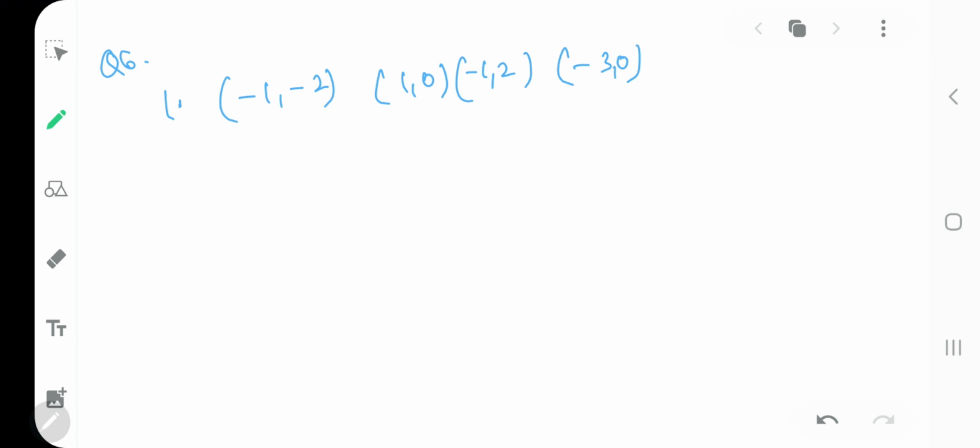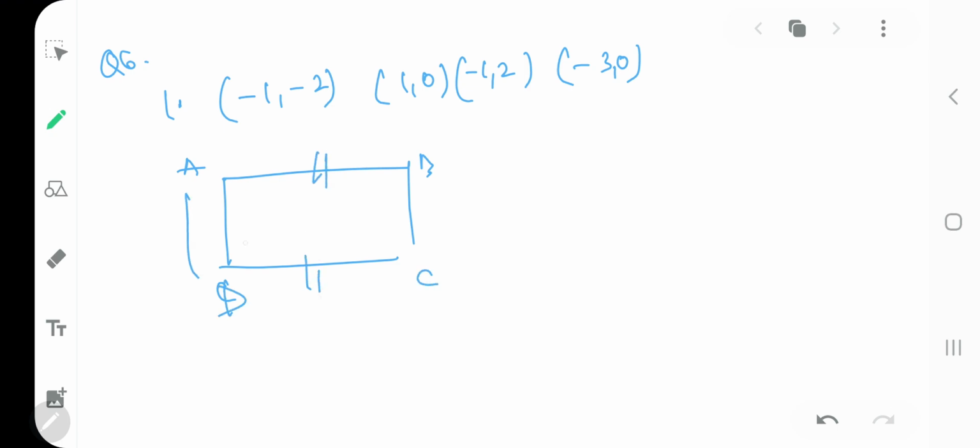Sometimes, if you get something like this, AB is equal to CD and AD is equal to BC. So you are getting two opposite sides equal. Getting my point? In that case, you can say that it is a rectangle. So in this way, you have to keep on checking how many sides equal you are getting. If you're getting opposite sides equal, you can say that it's a rectangle. Again, for opposite sides equal, I'll ask you to check the diagonals also, because if it is a rectangle, then the diagonals should be equal. Otherwise, it will become a parallelogram.